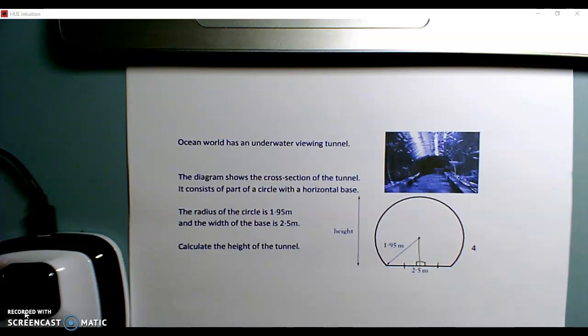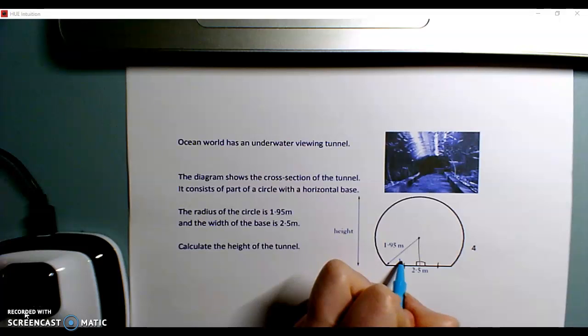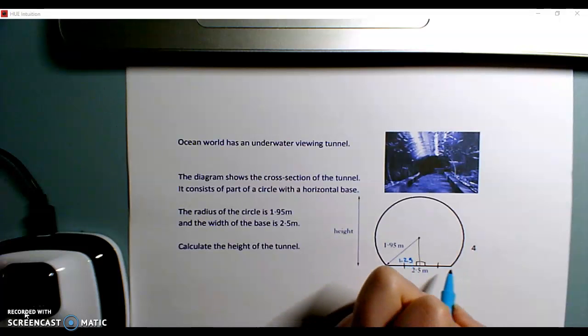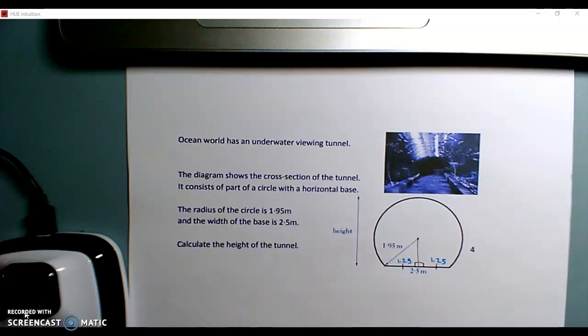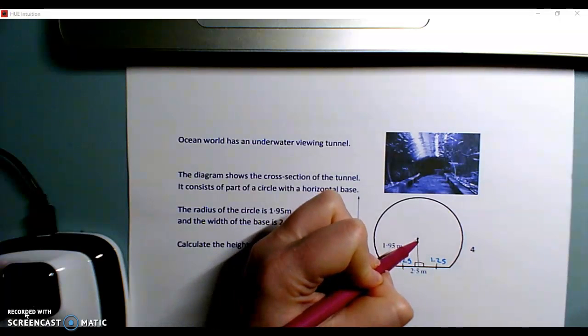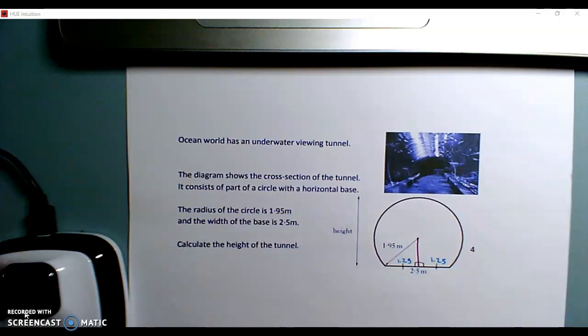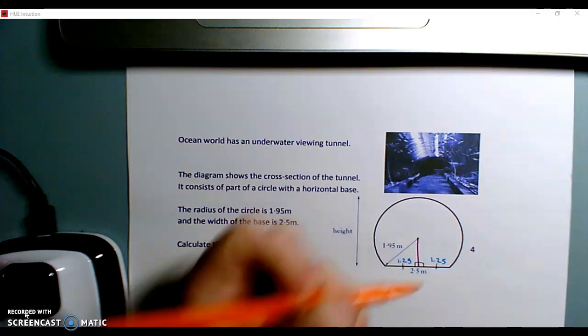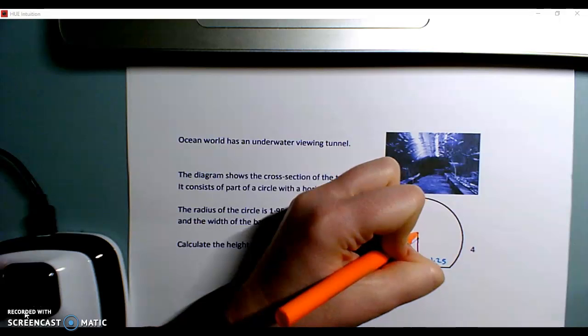and it'll split that chord into two equal parts. So when we split that into two equal parts, each of these are now 1.25 in length. So I need to find the height. Well, the height is this length here in pink plus this length